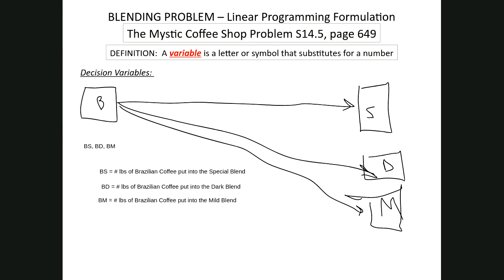a simpler, quicker way to do this, once you see the pattern, is we're going to say that variable A_IJ is going to be the number of pounds of coffee I put into blend J, where I equals, and we're going to use B for Brazilian, O for mocha, and again, you can use any term you want. We're going to use C for Colombian, and